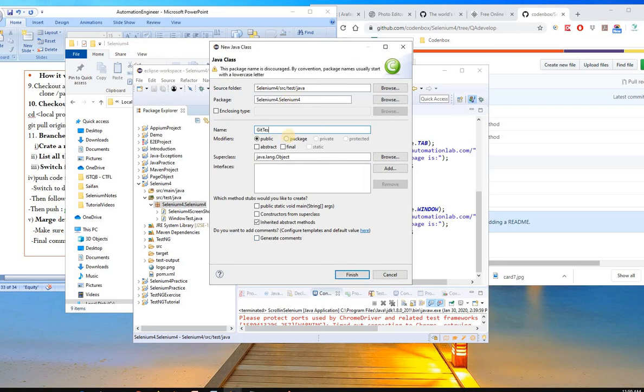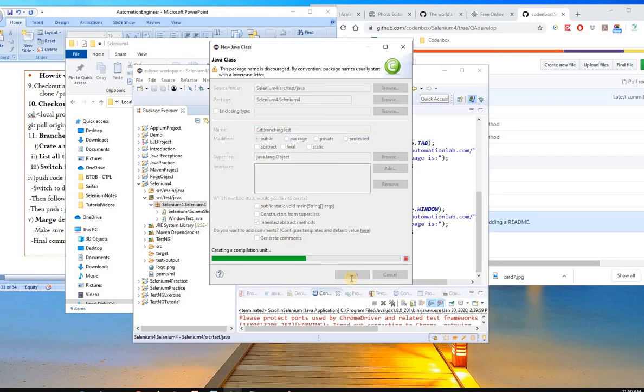Git branching test, git branching class test. Okay, this is just a class name I'm giving. Okay, and then finish,